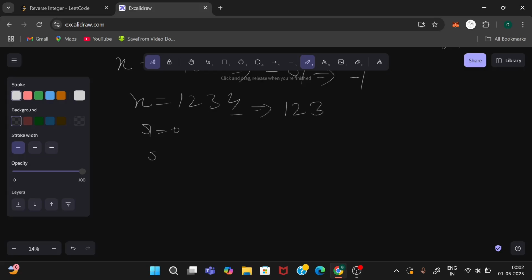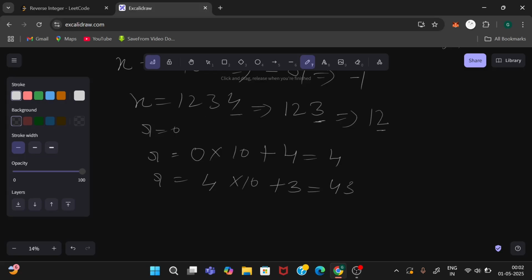Then we will multiply 0 by 10 plus the digit which we have taken out, that is 4. Then it will be 4. Then take out the 3 from it. Then the remaining value will be 1 2. So do the same: r equals r, that is 4, into 10 plus the last digit which we have taken out. Then it will be 43.